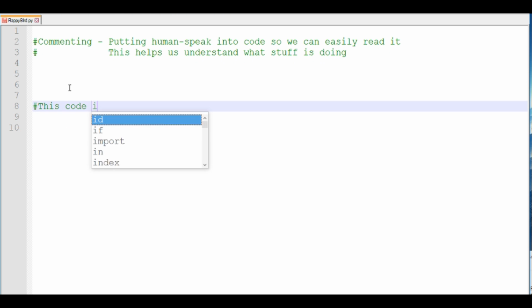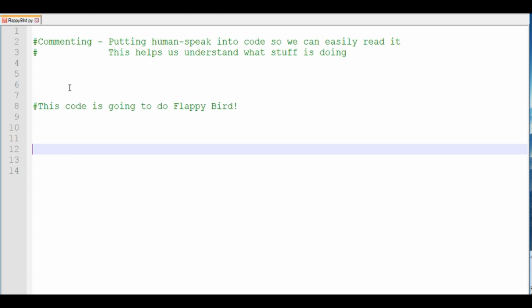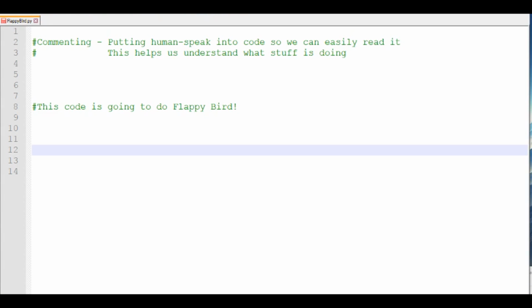We're going to start off our code with a comment hashtag. This code is going to do Flappy Bird. This is going to let us, or anyone that looks at this code, know that this is going to do Flappy Bird without them having to go through all the fancy code that we're about to write. So now that we have our comments in place, we can go ahead and start coding, right? I like to start off coding by